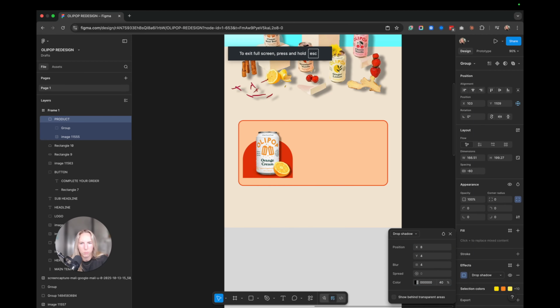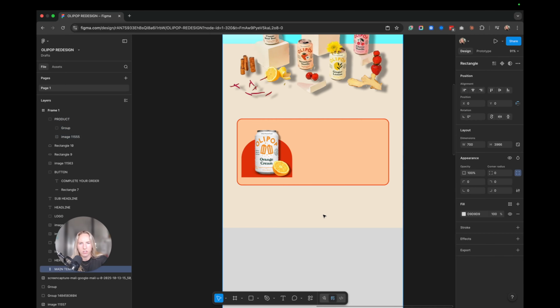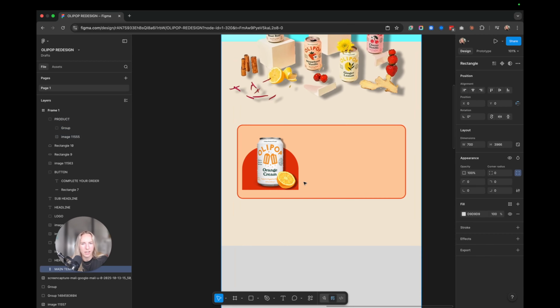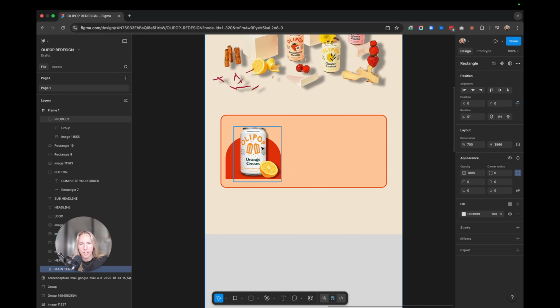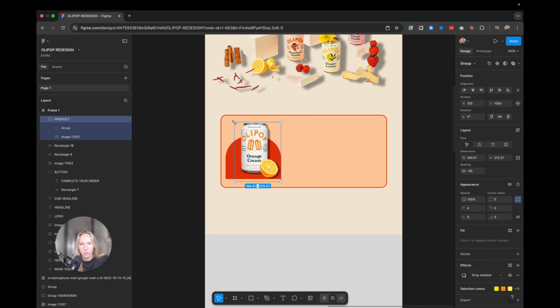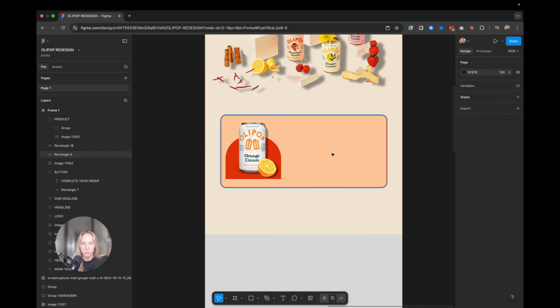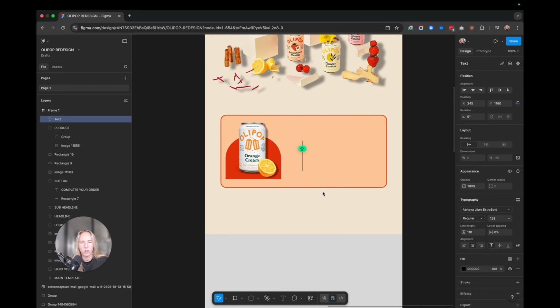I don't want it to be a 40% shadow. Again, depth goes a long way in keeping and maintaining interest throughout the email. You have to remember that no one has an attention span, so you have to make it a little bit more interesting to at least look at. Cool. All right, next up, we're going to change this text, and we're going to say